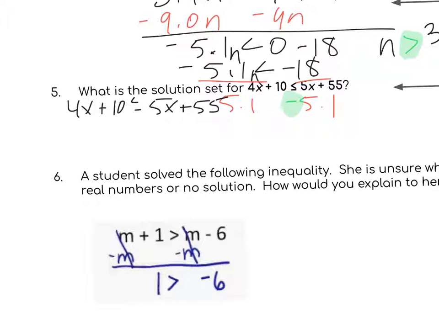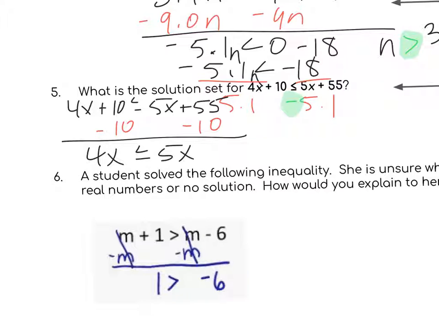Okay, so most of you will start by getting rid of the constant. So minus 10, minus 10. Okay, and then if that's what you do there, then you got to get rid of the letter from this side. And you end up getting